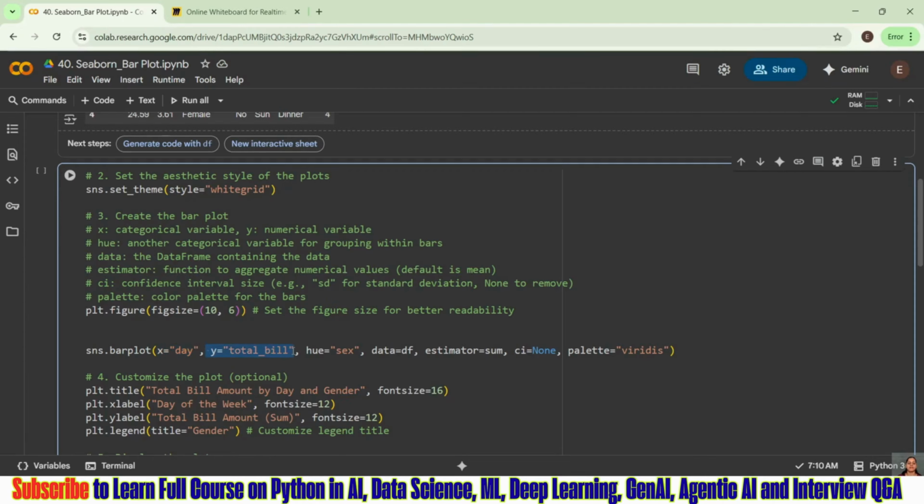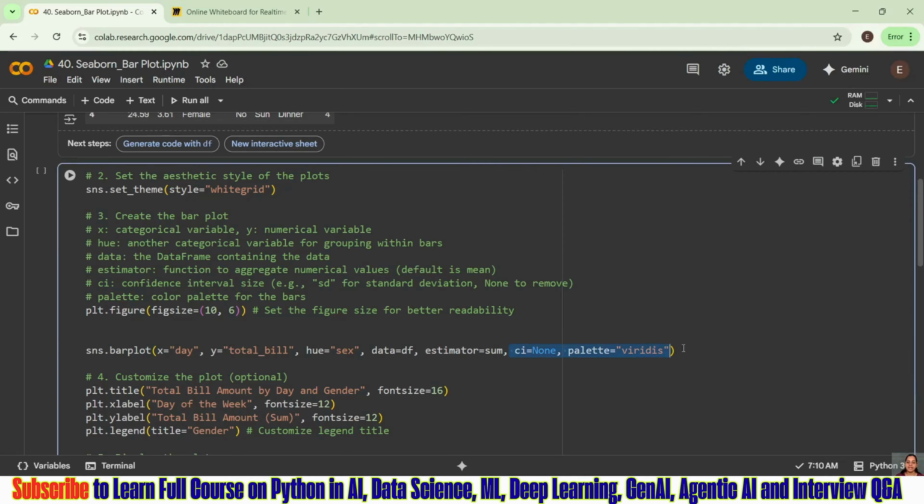That means I am telling on which day my total bills are more, and who is giving that bill more. Which gender is giving more, male or female? For hue, I have given gender. Then data is df, and estimator is sum. That means based on the sum, it is going to give you the estimation.